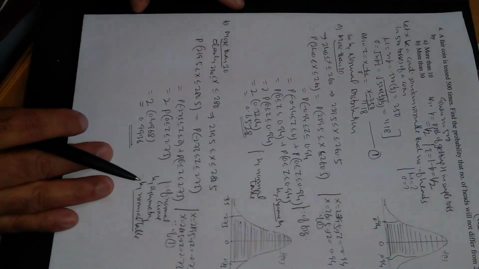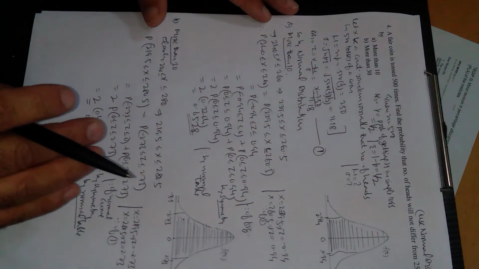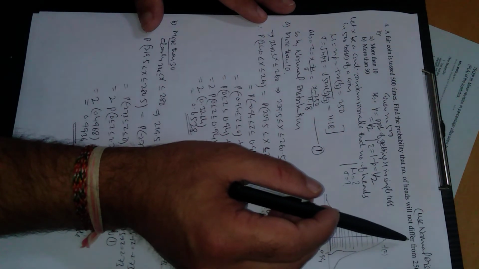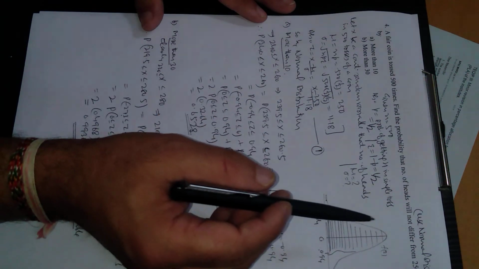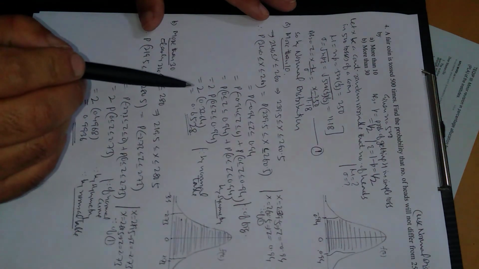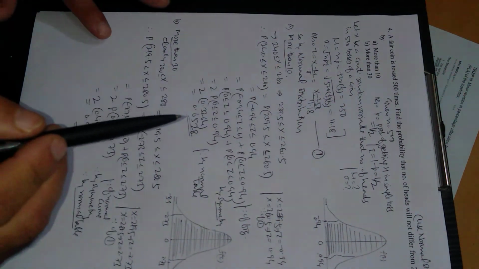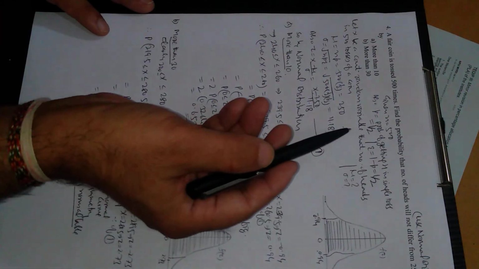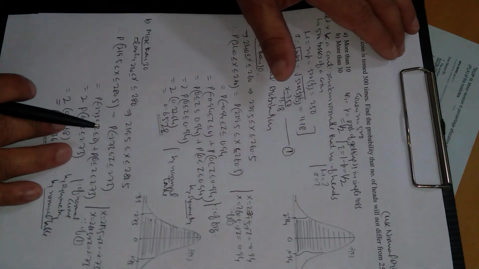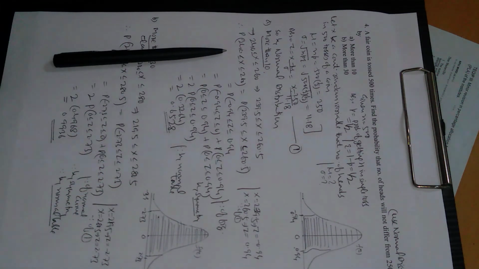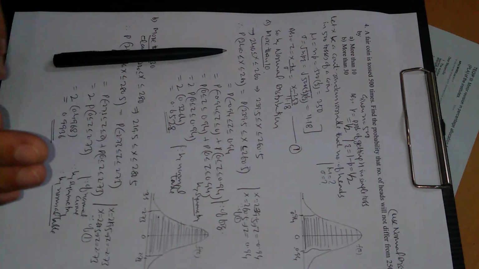We are using normal approximation, because in this question it is not mentioned, and in the exam too, if it is not mentioned, we have to use normal distribution. Otherwise this question can be done easily by using binomial distribution. This is clear because we are doing normal approximation right now, so I am solving this question by using normal distribution. So friends, this is all about this question and some problems on binomial distribution. Thank you.